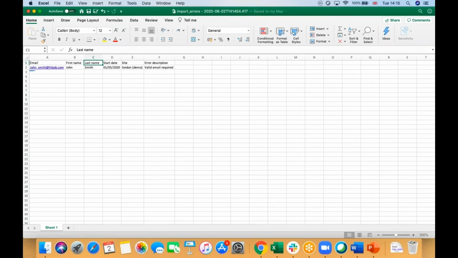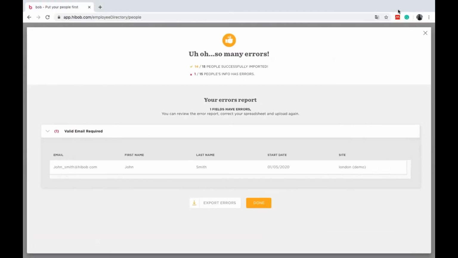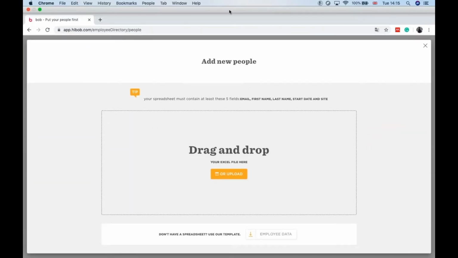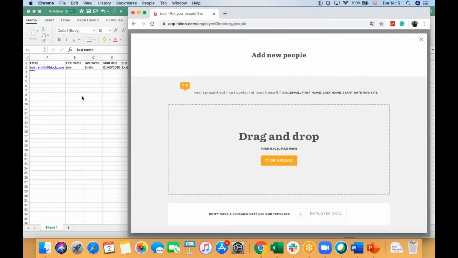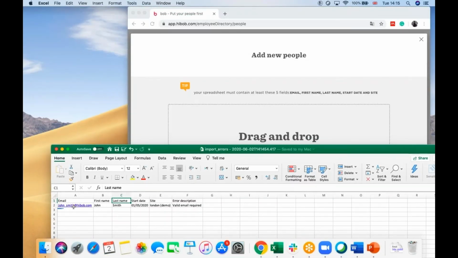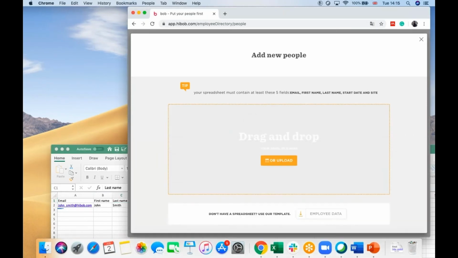I click on save, and I want to upload John Smith again because Bob wasn't able to create him. So I go back to the import file. I go to import people, just like I did for the very first time. And now I want to drag and drop my error sheet. I don't want to go to the main sheet that I just updated. I want to go to the error sheet because I saved my changes here, and I only want to create John Smith. So I just drag and drop my file here,